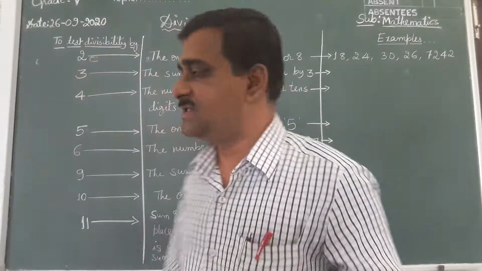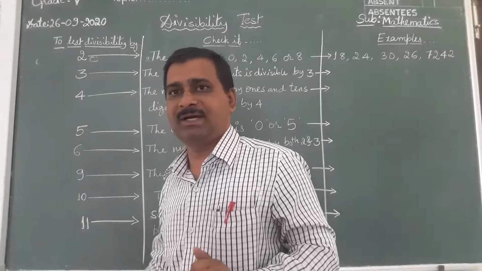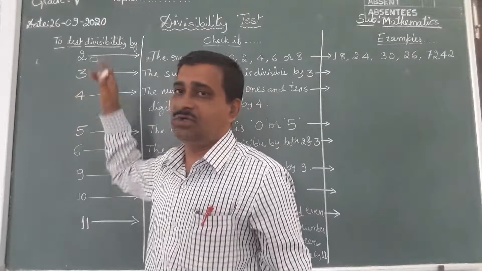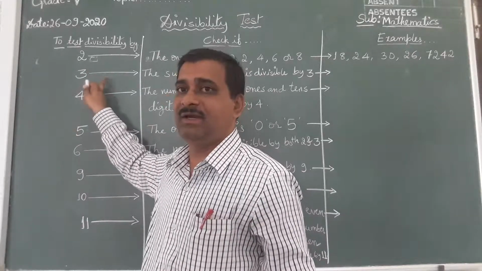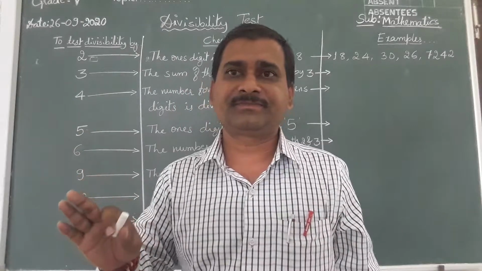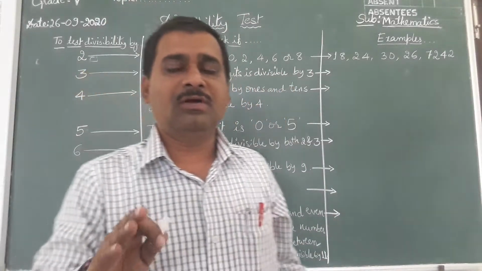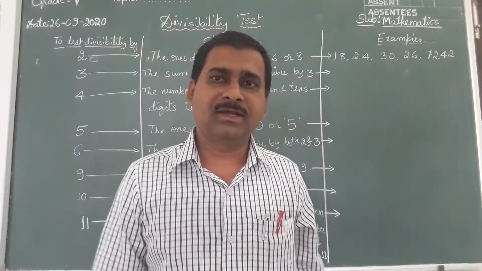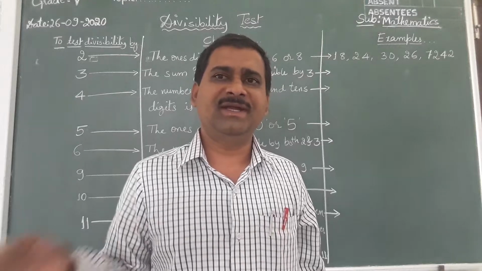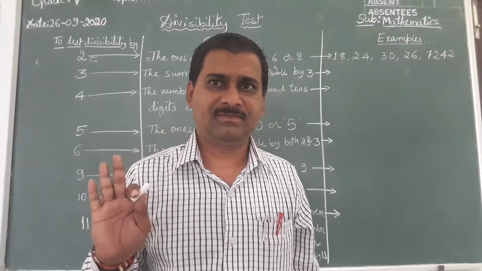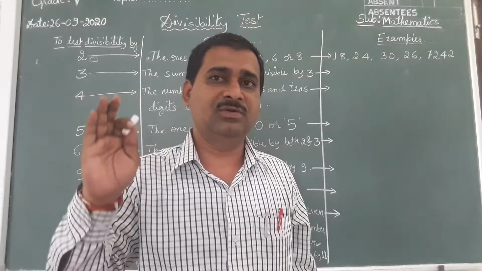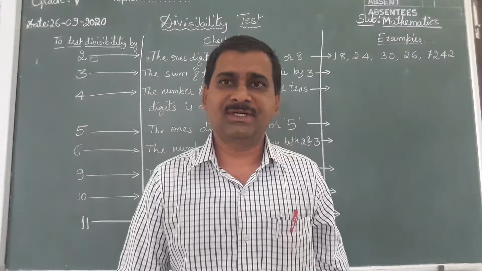A number which is divisible by all these numbers is not a prime number, it is a composite number. A number divisible by 2, composite number. A number divisible by 3, composite number. A number divisible by 2 or more numbers, they are all composite numbers. A number divisible by itself is a prime number. A number divisible by 2 numbers or more than 2 numbers, then they are composite numbers.